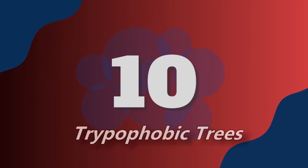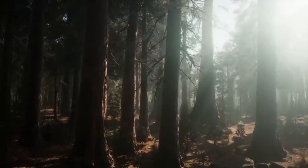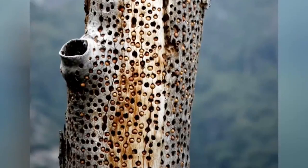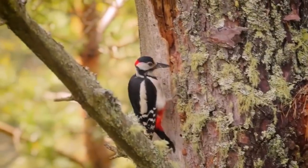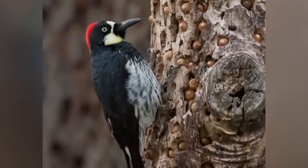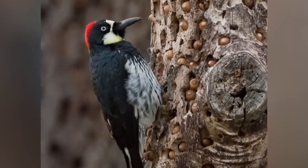Trypophobic trees. Forest areas are ethereal and mystical locations that are ideal for strolls in close proximity to nature. Nevertheless, be cautious, since the enchantment can rapidly transform into pure terror. This tree trunk, with hundreds of small bulging holes all over it, is a trypophobe's worst nightmare. This particular tree is entirely natural. Acorn woodpeckers drill the holes in the bark of the trees. They do this on their own and use the acorns they store inside as food storage to get them through